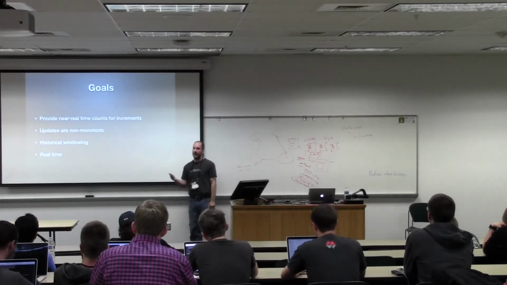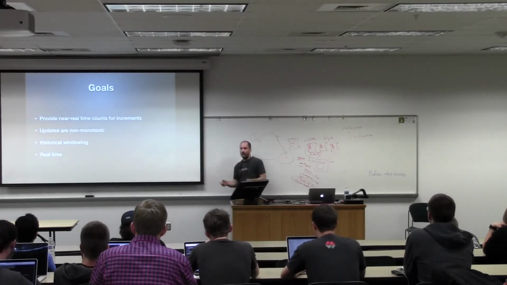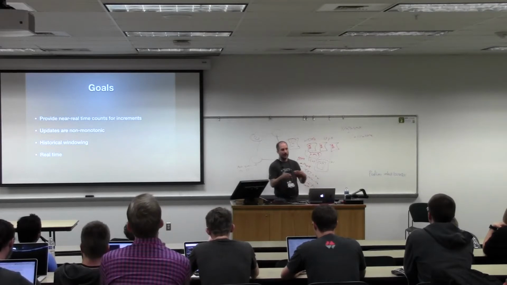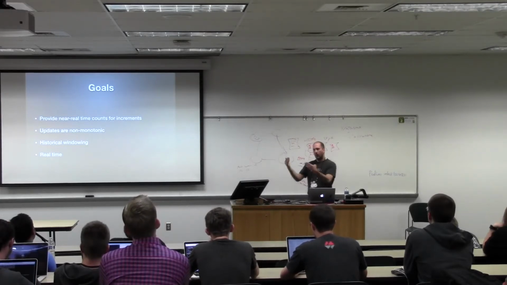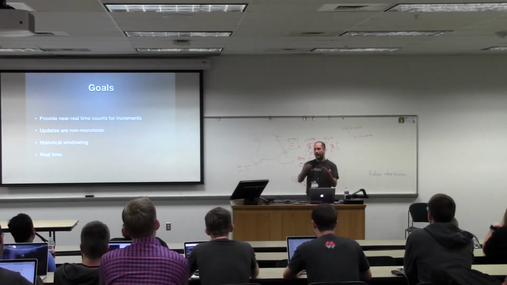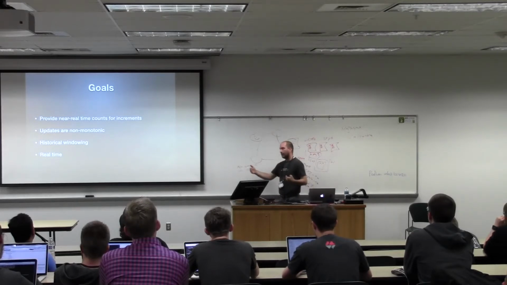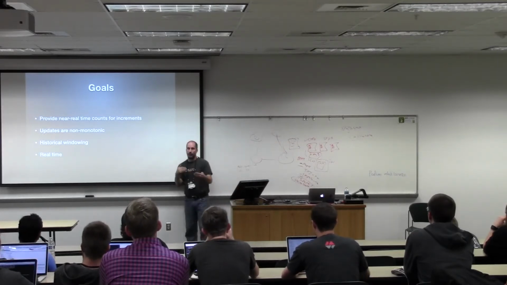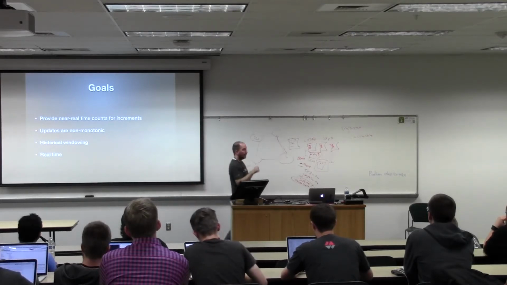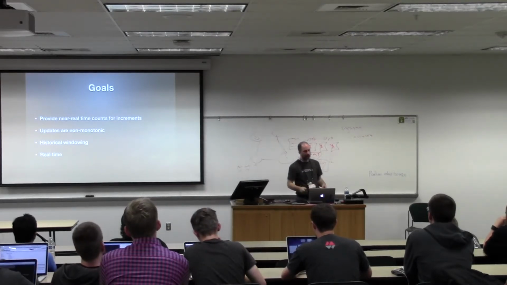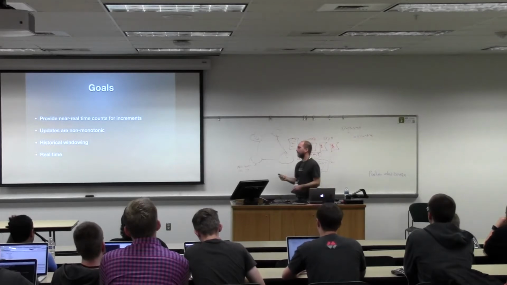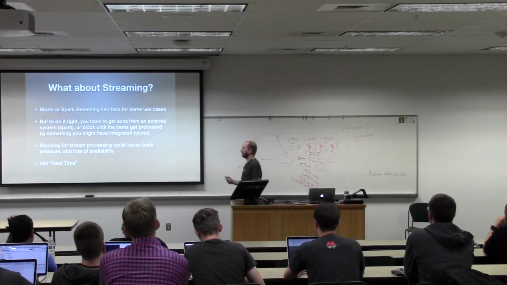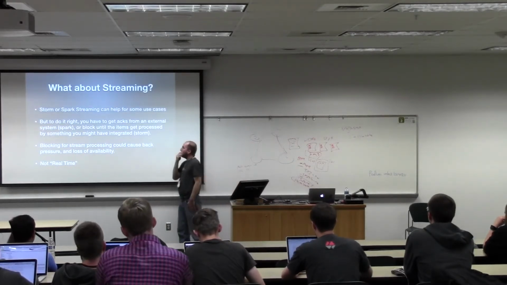So if you had a delay of over a minute and you were trying to get a 1-minute window, if it came in out of order, you kind of need to know when the event happened rather than that the event happened, right? So if they come in out of order, when you do your aggregation or your windowing, you can put them back in order and do those increments in the windows where they belong, right? We want to do all of this in sort of real time, right? We don't want to have to wait for our answers as they come in.